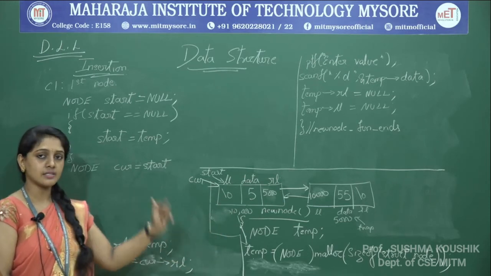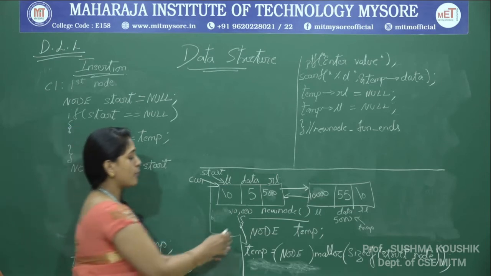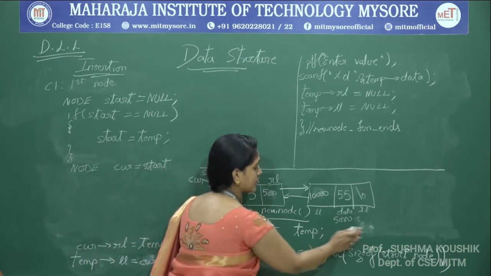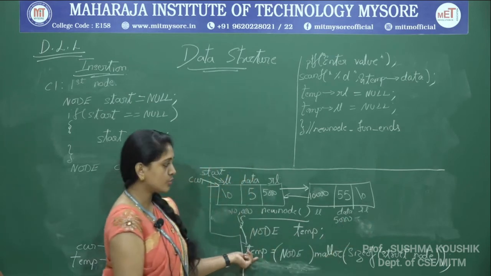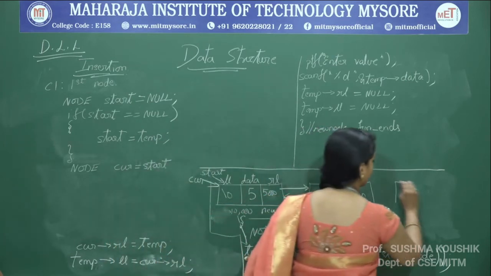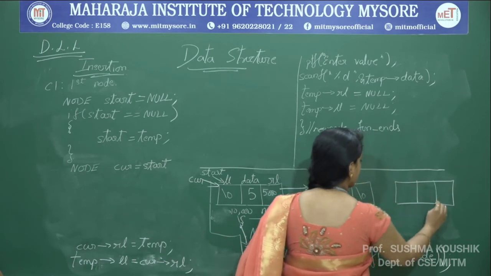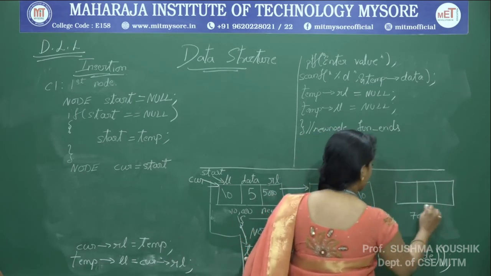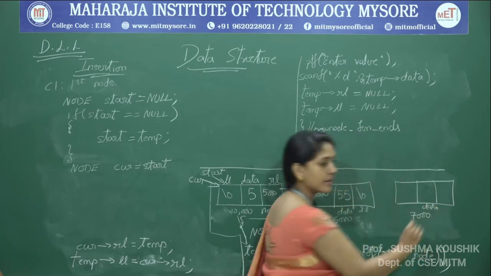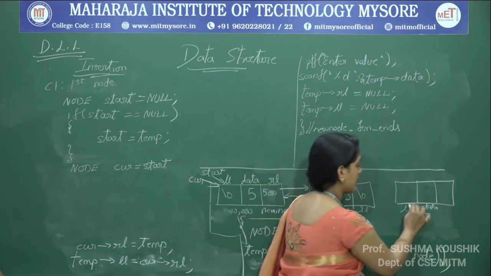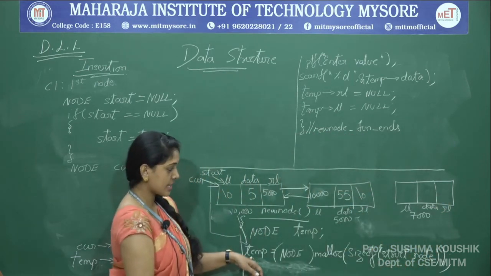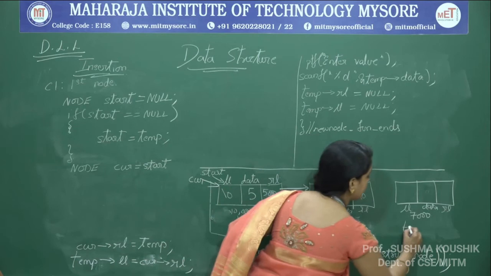But we will take the next scenario right now. I will call one more time new node, and now temp will not be pointing to this, because when I call the new node function, it will create a new node for us, and that will have some other address, probably 7,000 if I assume. Three fields as usual: data, LL and RL. Now the 7,000 address has been held by the temp variable.